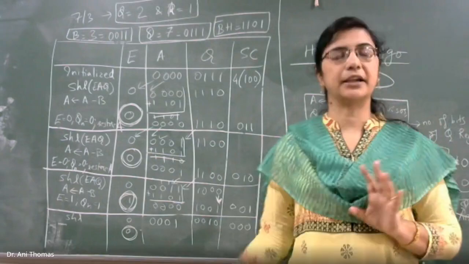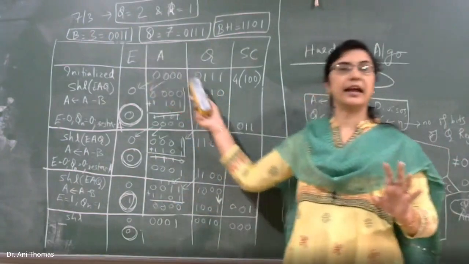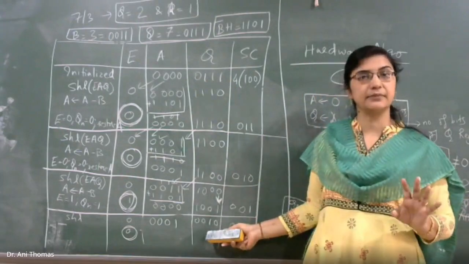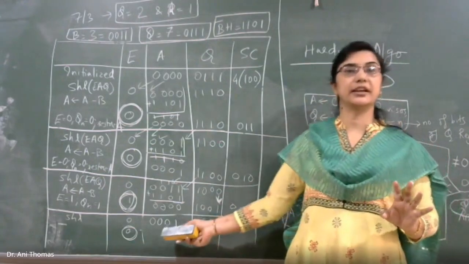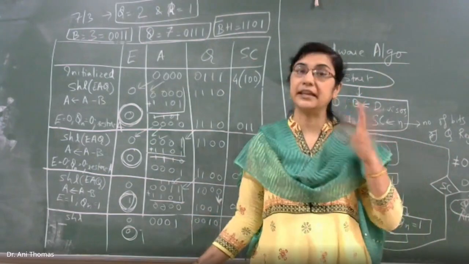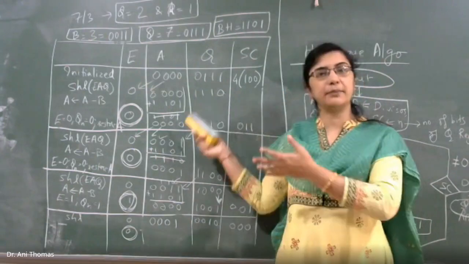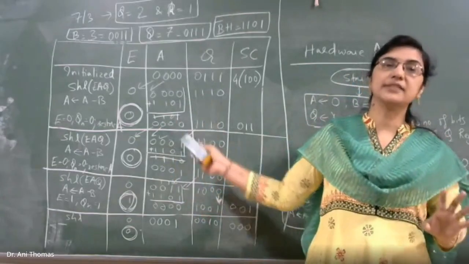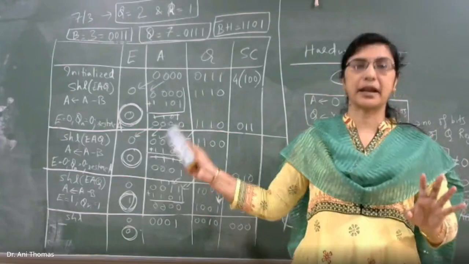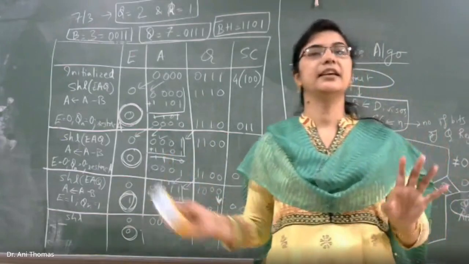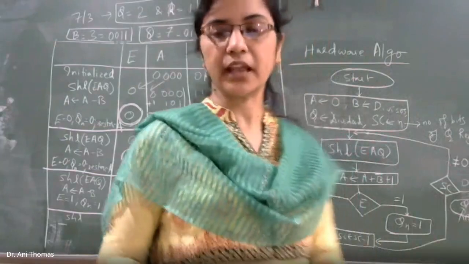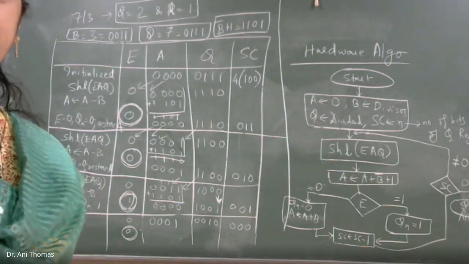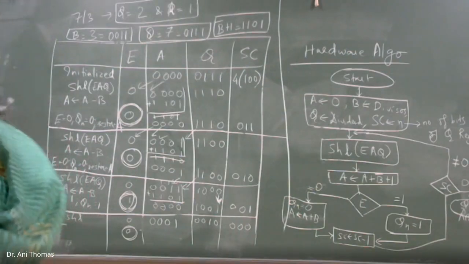So that is done. But here, the division between 7 and 3 shows that the quotient will be there in Q, and we are getting the remainder in A register. So you can take any example, maybe 4 bits, maybe 8 bits, maybe 16 bits, any length, and experiment with this, because this is the division algorithm for sign magnitude representation, and you will get the same result. So I hope you understood the division algorithm and why we are implementing it in this manner. Thank you.